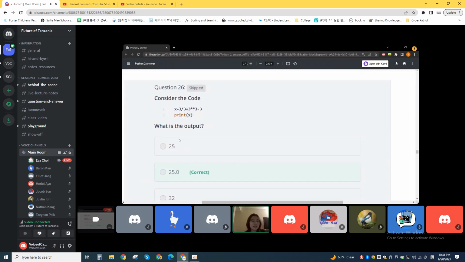Next, we have question 26, which considers this code. First, we should do the division and the exponents before the addition and subtraction. 3 divided by 3 is equal to 1, and 3 to the power of 3 in Python is going to be 27. So 1 plus 27 minus 3 is plus 24, and 1 plus 24 is equal to